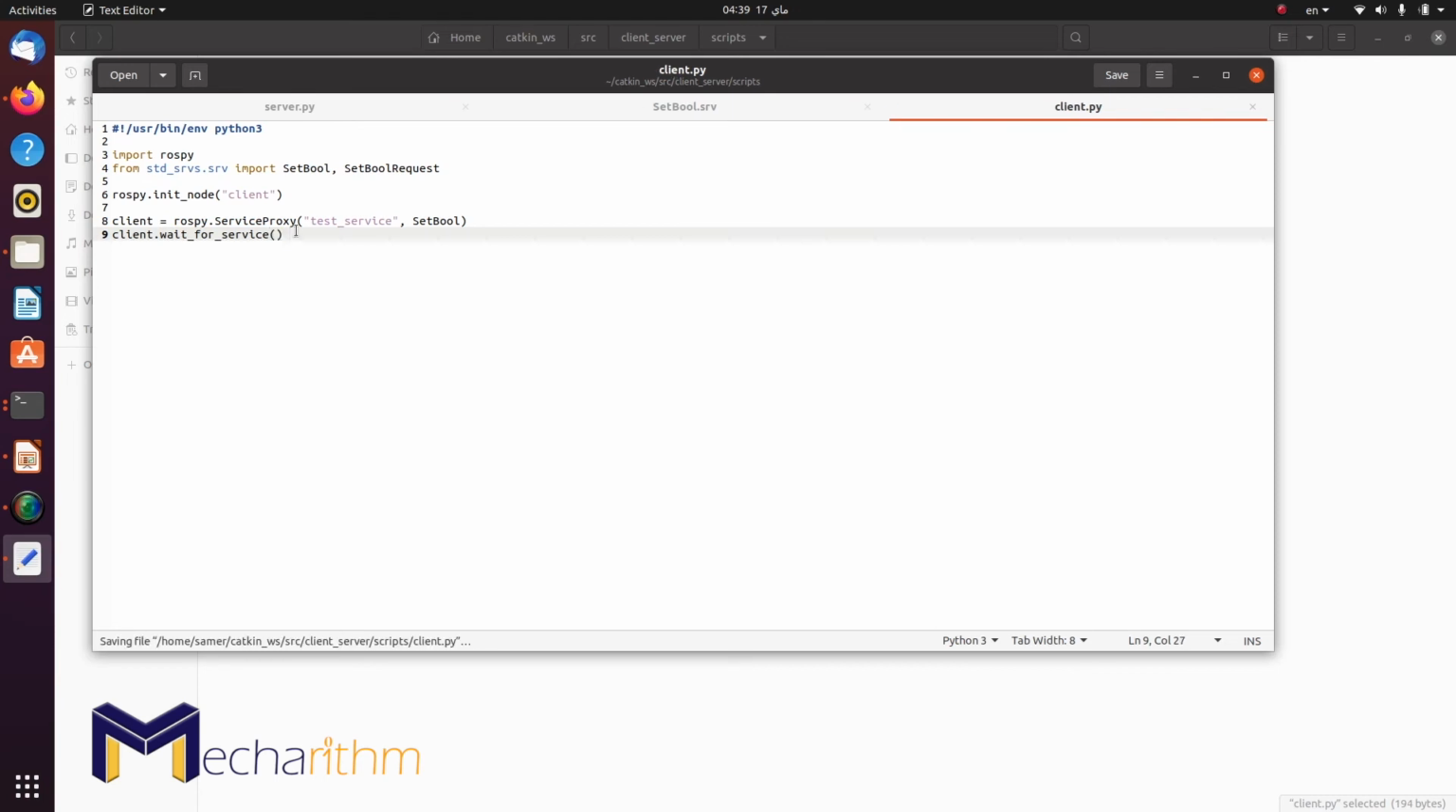All right, so we're going to say client.wait_for_service, and what this does is basically like rospy.spin, but for clients. What I'm telling the compiler here is that you have to freeze here until a server is nearby or a server is active. So I can't execute the rest of the code without having a server. Right, so